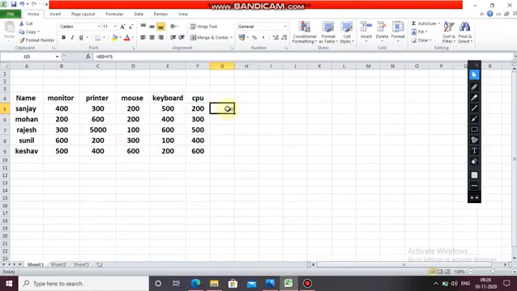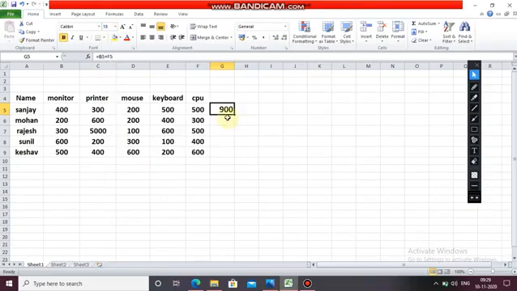Now you can see, if I change the value anywhere in these two cell references, automatically the result will also change. Like instead of 200, I am writing here 500, then enter, see, it becomes 900.